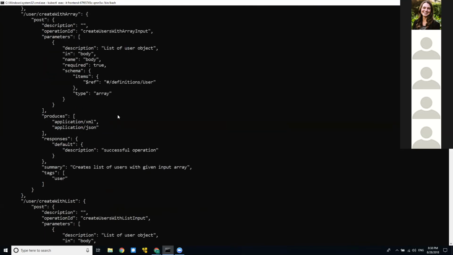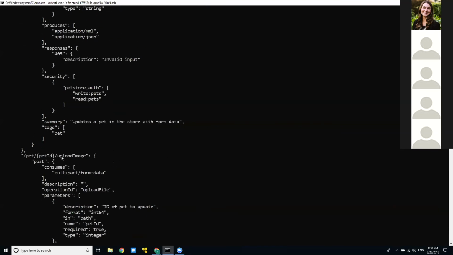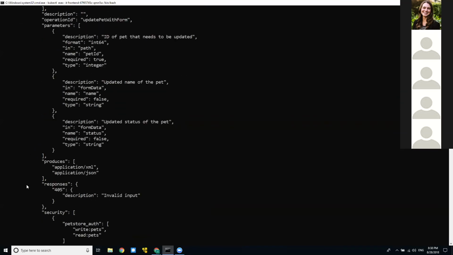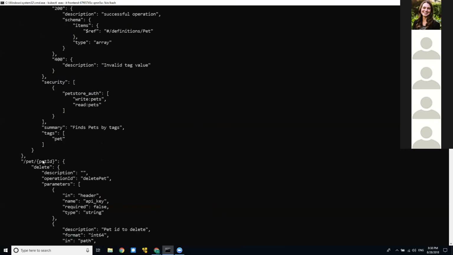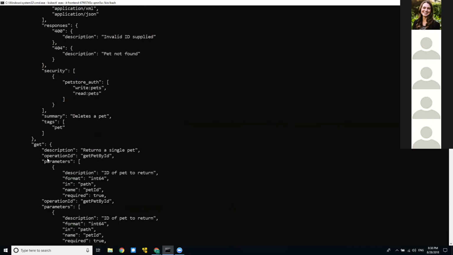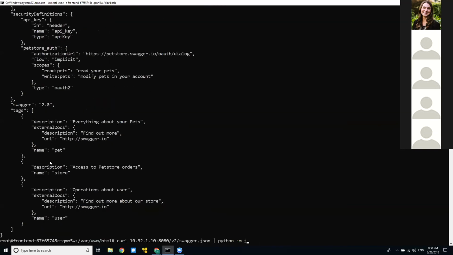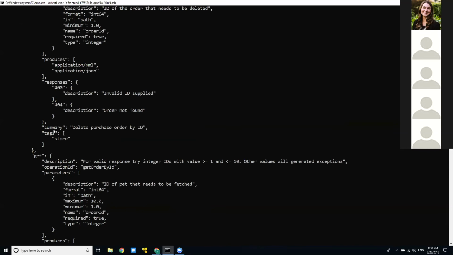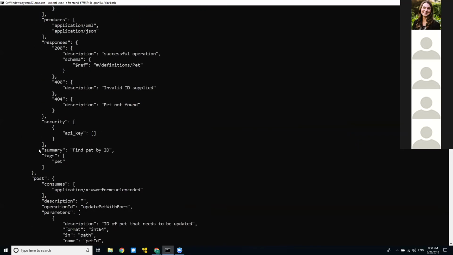We have users, we have store orders, and we have some path. Let's try to get one of the paths here. We saw that /path/ takes an ID. I'll go again to this path, /path/1, just to show that we really get it.